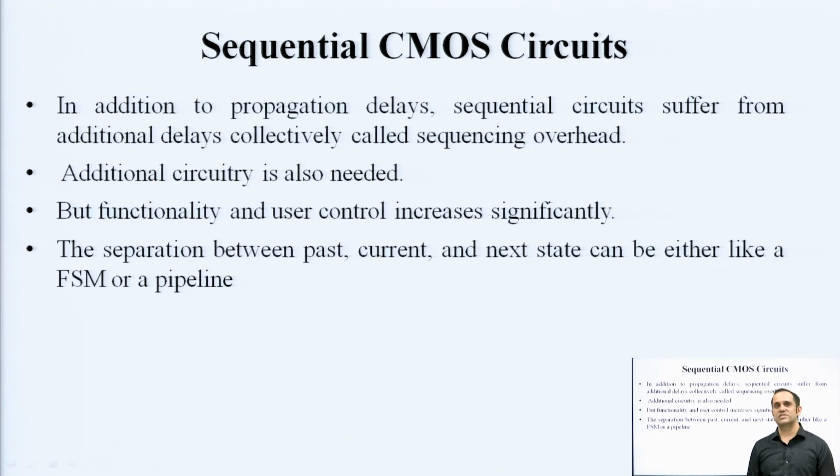You require additional circuitry because you have to store the data and you have to apply a clock. Both of these things require additional circuitry, but functionality increases, user control increases, you can interface data in parallel, and a large amount of data is available at the same time and can be propagated through. A lot of practical applications rely on how sequencing is done. The separation between the past, current and next state of the system, what the system was displaying in the past, what it is currently displaying and what it might display in the future,